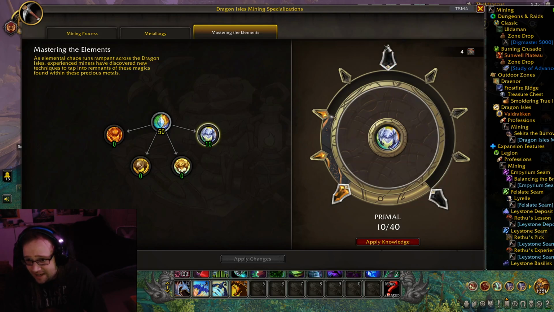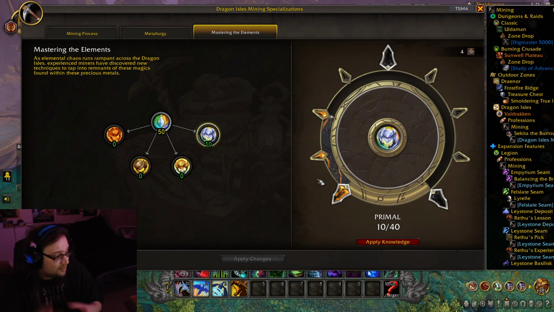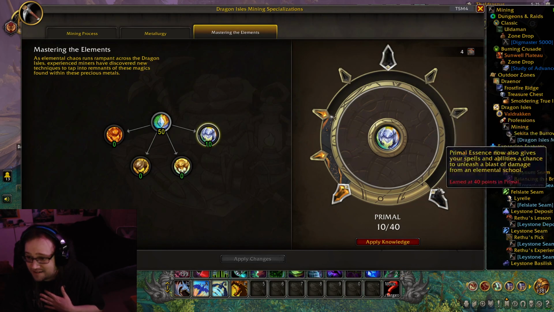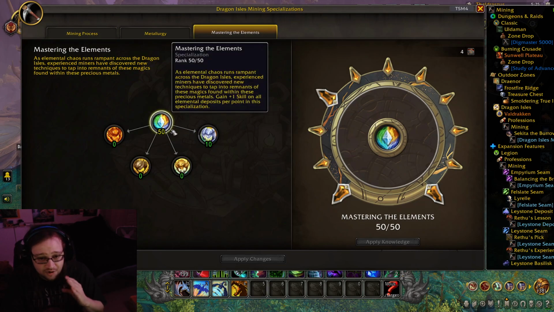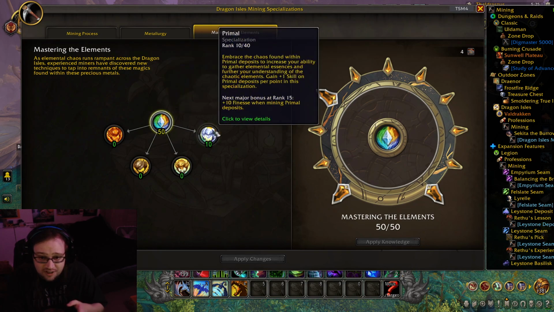So I definitely recommend getting this tree and probably pushing this one up so you can get more materials. If your spec for mining is trying to get more rousing essence, I recommend get 50 here, max this out, and then halfway, and then I would actually recommend going in and finishing this for all the bonuses here. Alright, so if you're a miner that wants lots of essences, 35 here, 50 here,